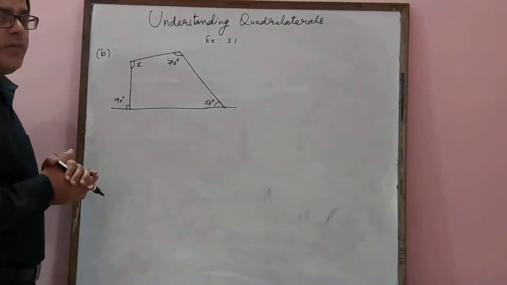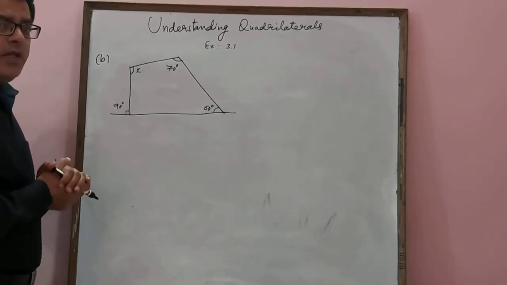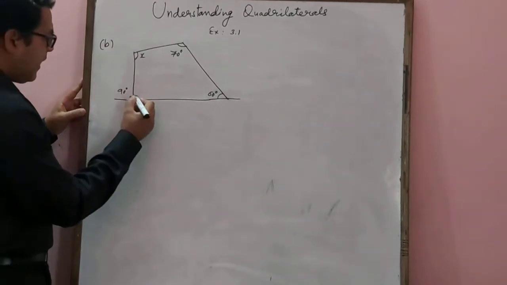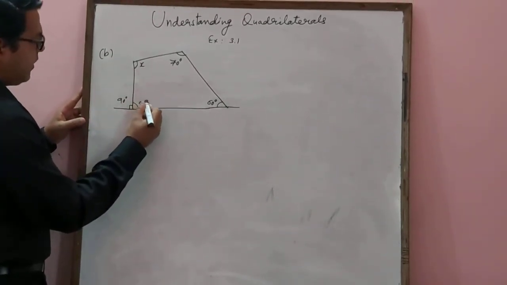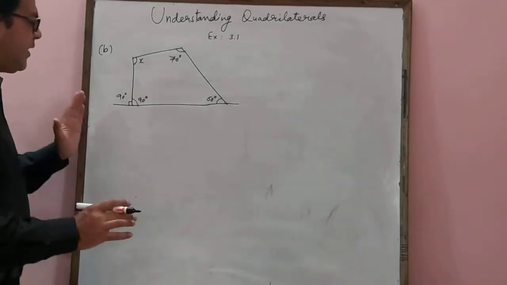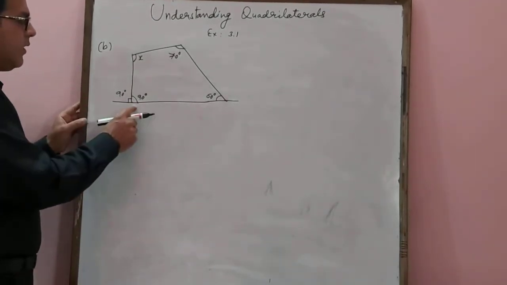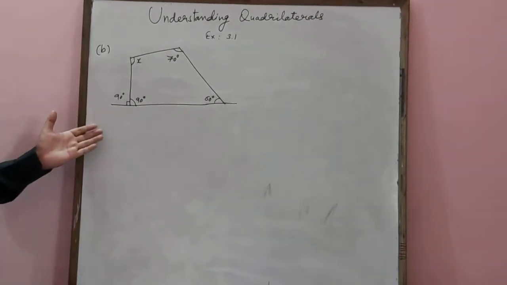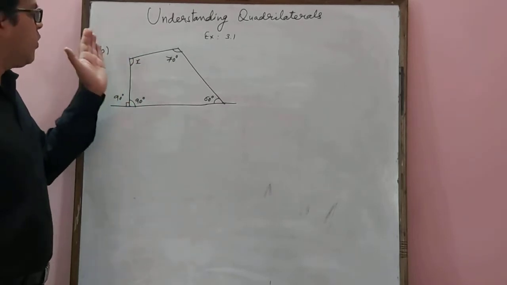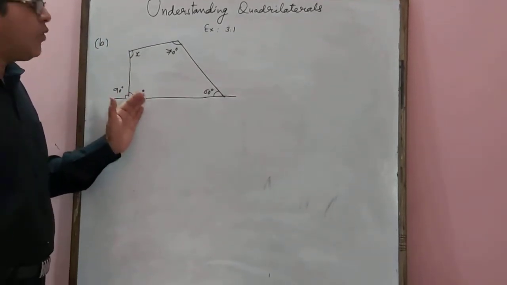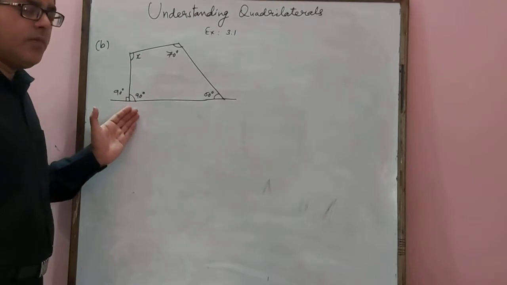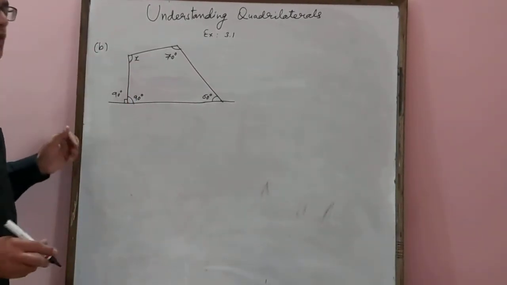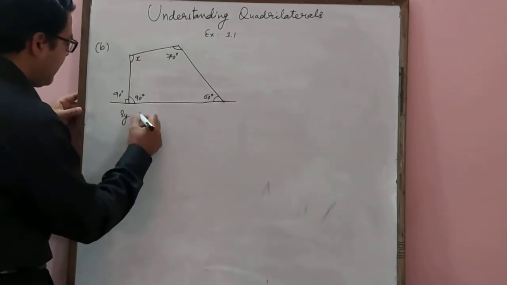What does linear pair mean? If the sum of two angles is 180, they are forming a linear pair. So it means this angle will also be 90 degree, since the sum of 90 and 90 is 180. Now easily you can find the value of X. A quadrilateral is given there. Out of 4 angles, 3 angles are already given. You need to find one angle. So like the previous question, we can solve it by angle sum property.